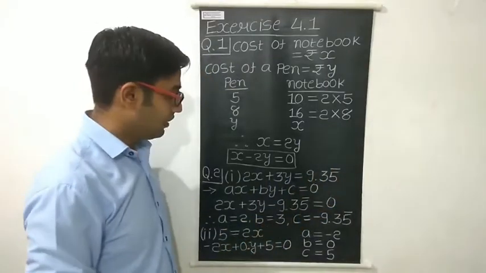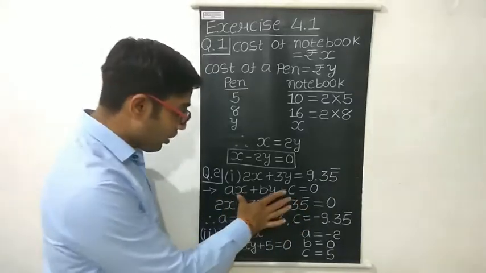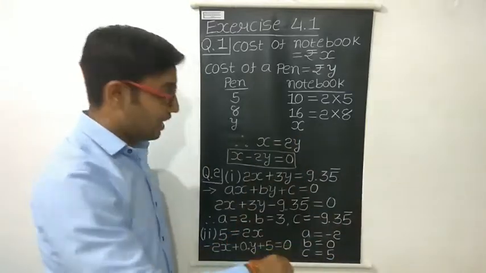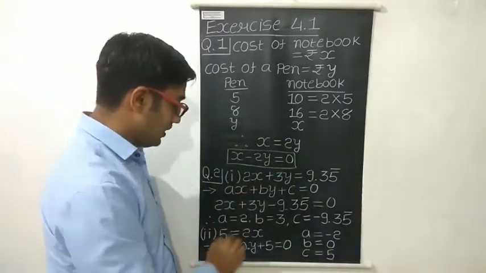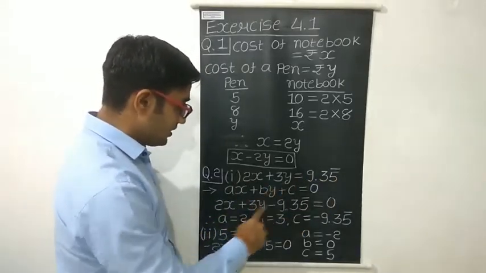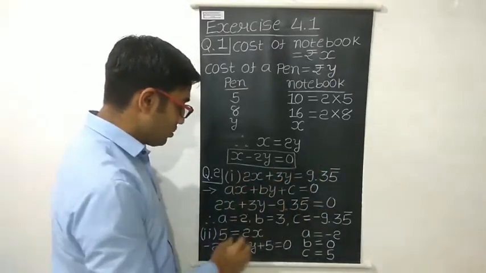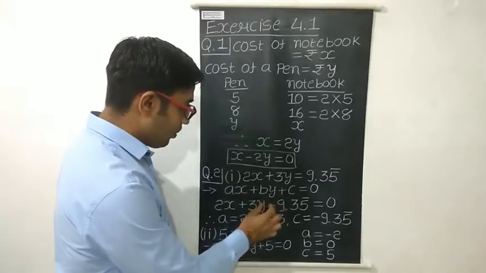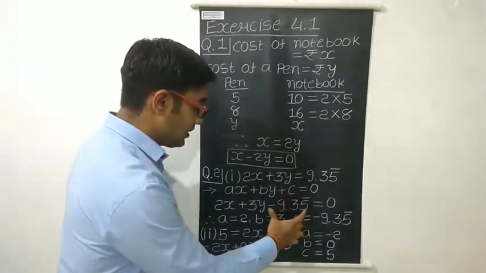9.35 bar. Right? So the standard form is ax plus by plus c is equal to 0. According to this, on the right hand side of the equation there must not be any value, there must be 0. So we have to take this 9.35 bar to the left hand side. By taking this to the left hand side, it will become minus. So we get 2x as it is, 3y as it is, this term will become minus, is equal to 0. So now by comparing both these equations, we will get a, that is the coefficient of x, is equal to 2, b, the coefficient of y, is equal to 3, and c, that is the constant term, is now minus